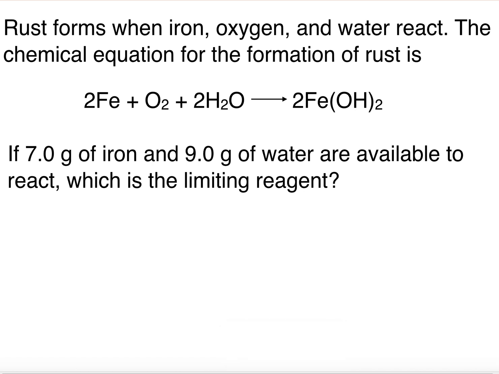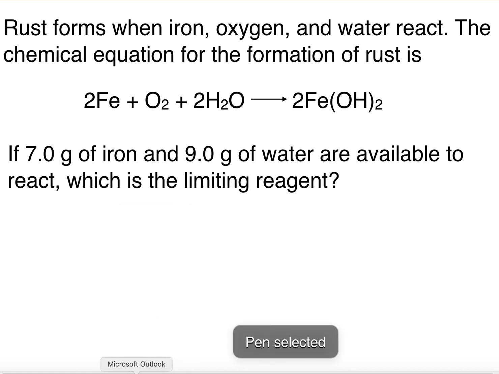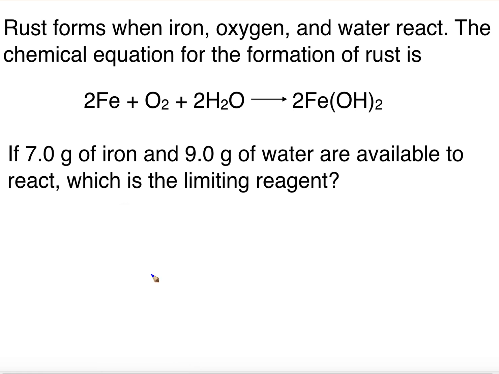So it says rust forms when iron, oxygen, and water react. The chemical equation for the formation of rust is as follows. We have 7 grams of iron and 9 grams of water available. Which is the limiting reactant? It doesn't tell us the maximum amount of grams, so we'll just go to moles once again to make it easier on ourselves. So we have 7 grams of Fe